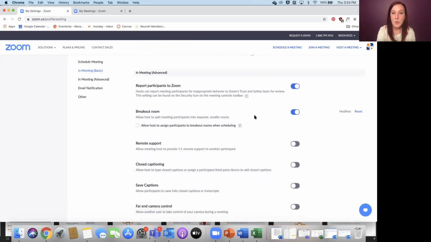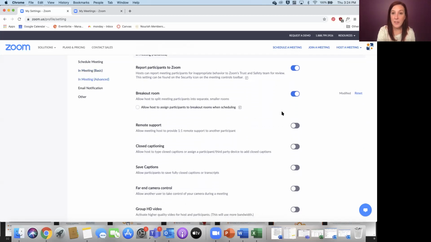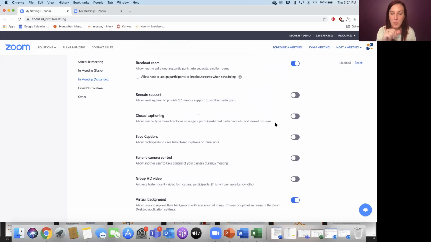And then here's where we get into some advanced stuff. So breakout rooms is a feature that you have to enable. That'll be one of those things that if you don't see it, here's where it exists. Remote support, this is something that I could turn on if I wanted to be able to provide technical support to my participants. I'm the events manager, I'm not a tech person, so I can give some support, but at my account level, I have that turned off because it's not something that I'm super capable of all the time.